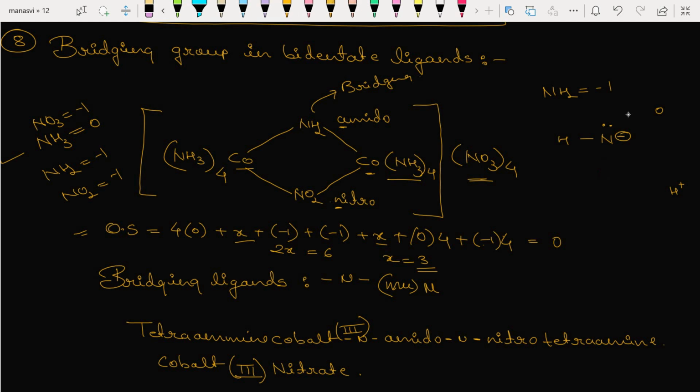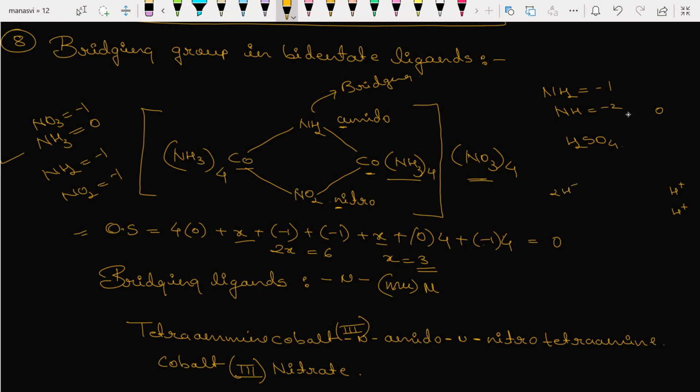Again remove one hydrogen. Another hydrogen is removed as H plus. Now two negative charges have been attained on NH. Hence NH is minus 2. Okay. If you want to find the charge on SO4 from H2SO4, see, if you ionize it, it will